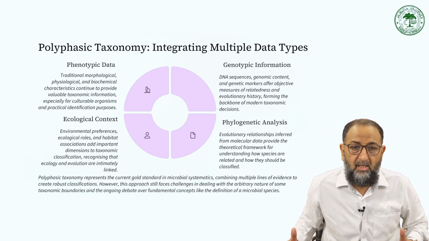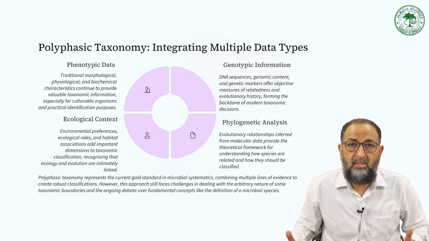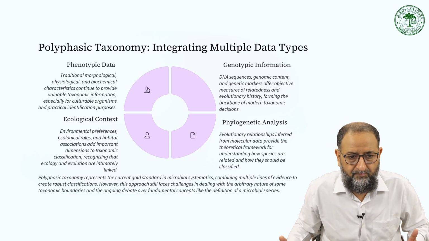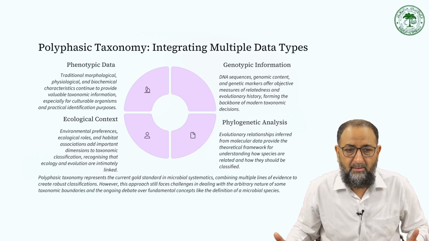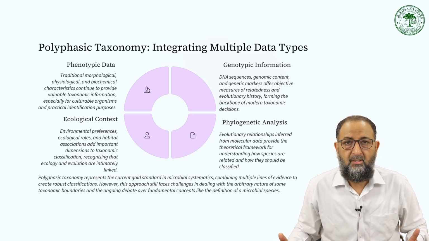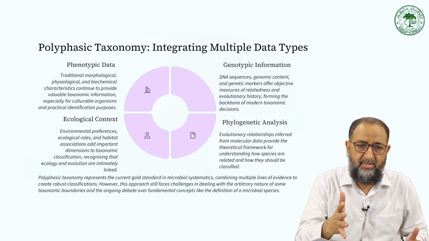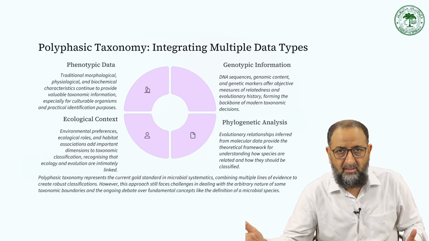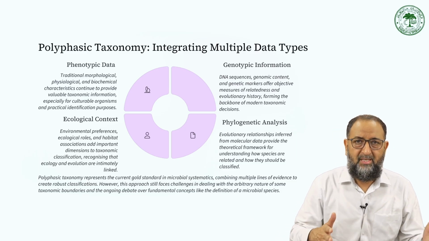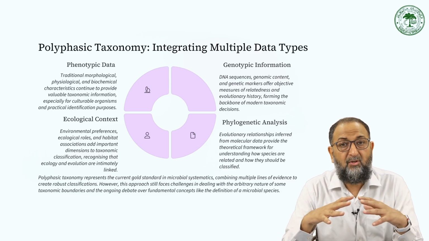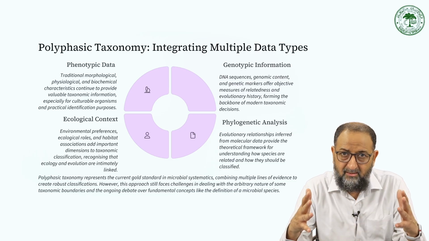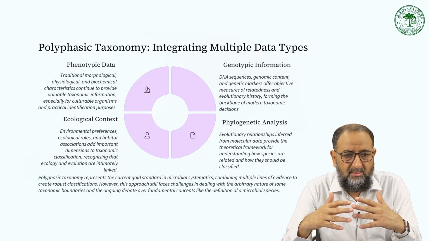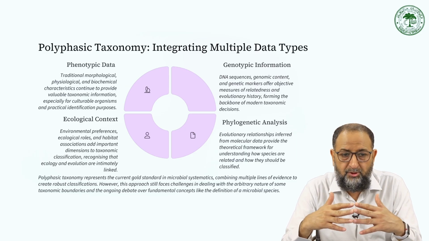Ecological context. In the case of ecological context, you talk about the ecology of these microorganisms, where they grow, what the habitat is, how they are associated, and important dimensions to the taxonomic classification. So under one category of classification, the organisms have a habitat, say, for example, 1. In another case, they have a different habitat. So how are these two different organisms with two different habitats related or unrelated? Again, you can correlate and associate with several other characters. And this recognizes the ecological and evolutionary